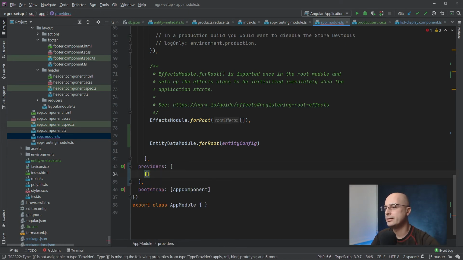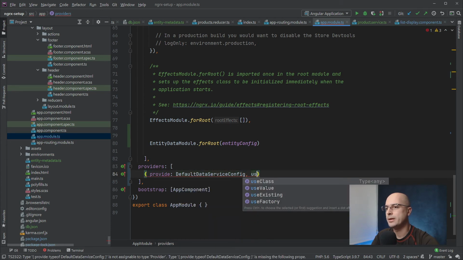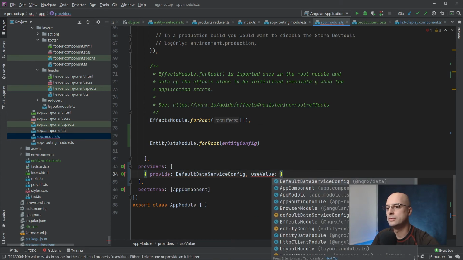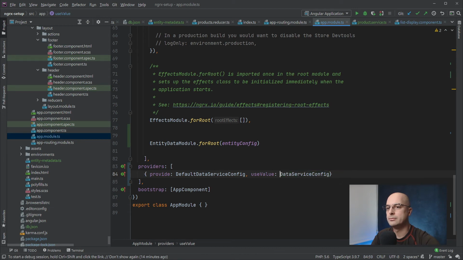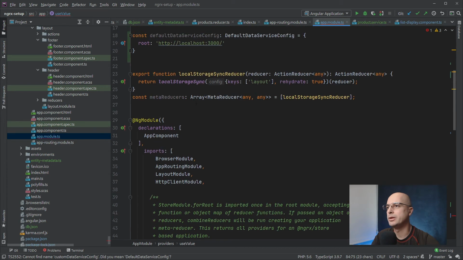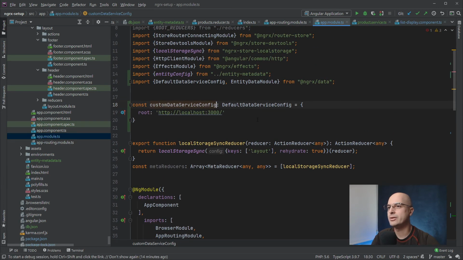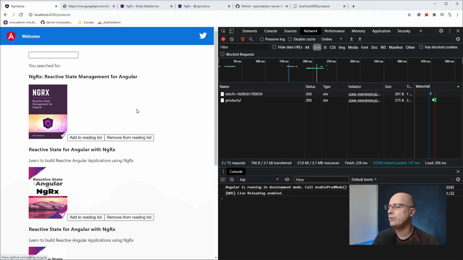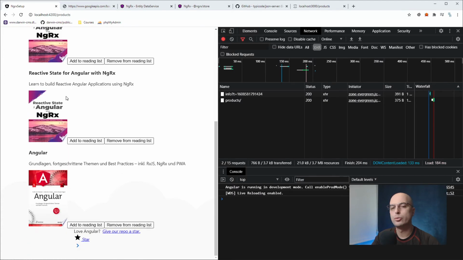So we can say that provide default data service configuration, and then use value. We can just call it custom data service configuration, and that will be this one here. So we are just overwriting the default configuration that our NgRx data library is using. And if we go now to our website, we can see that it is getting the 4 books that we've